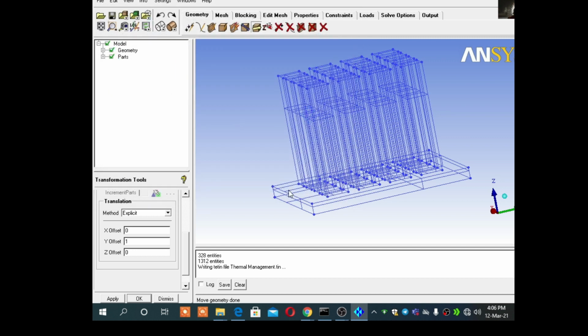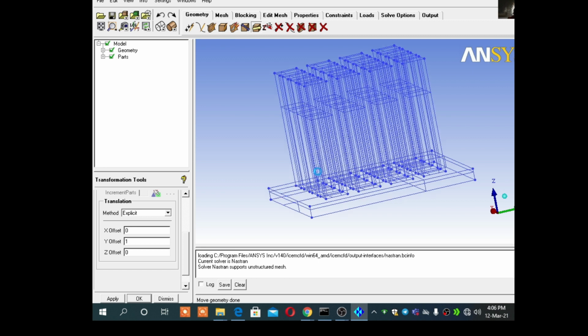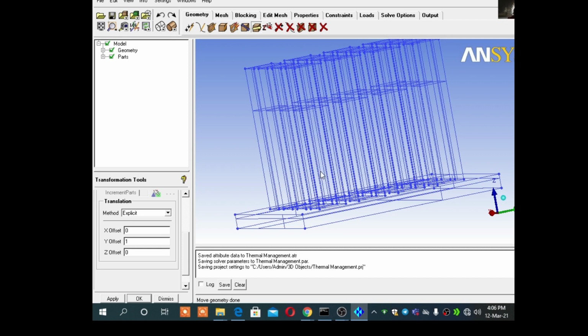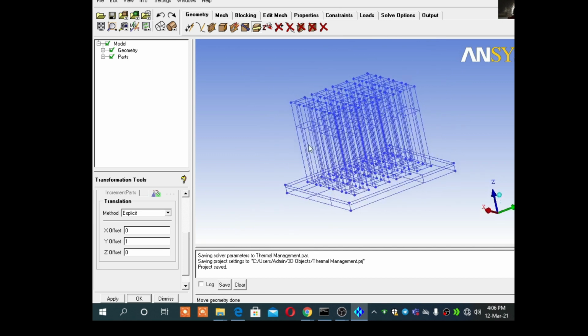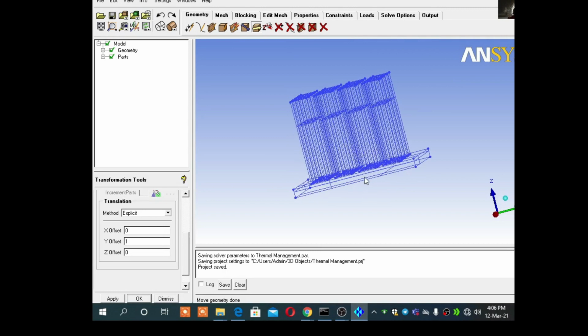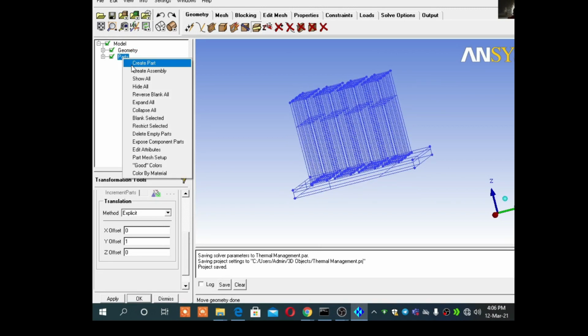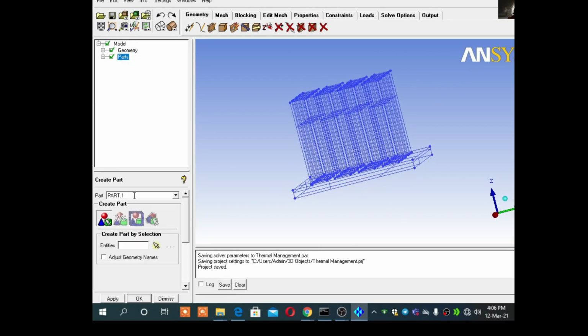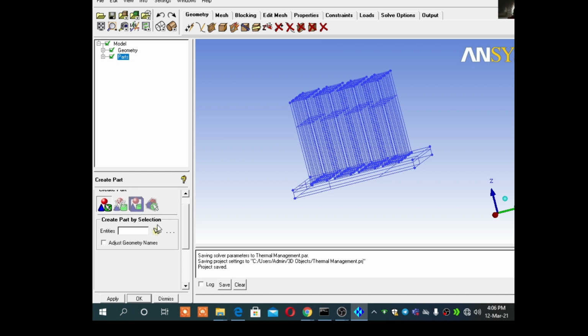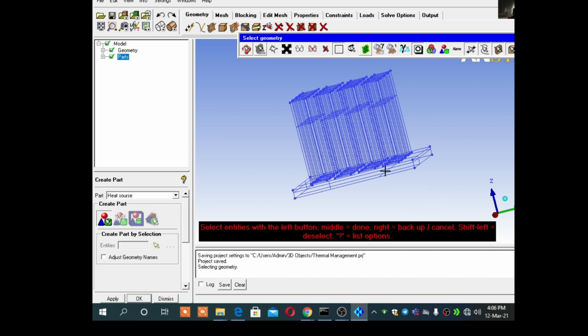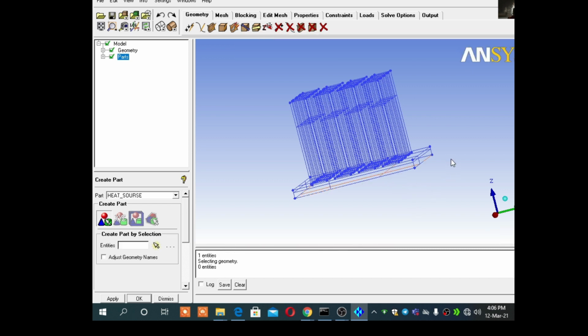Okay, once I save it, I need to label it. At exactly the base there is a heat source, so I can say heat source. How much wattage will be there, that we need to define. That's why we can call it heat source.